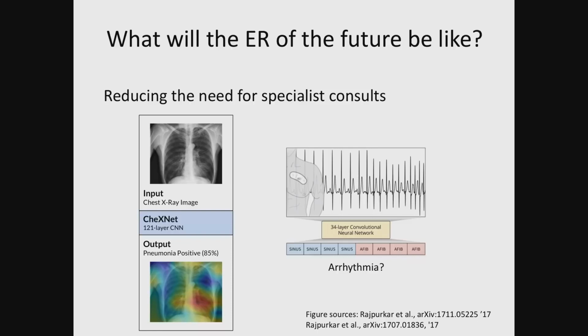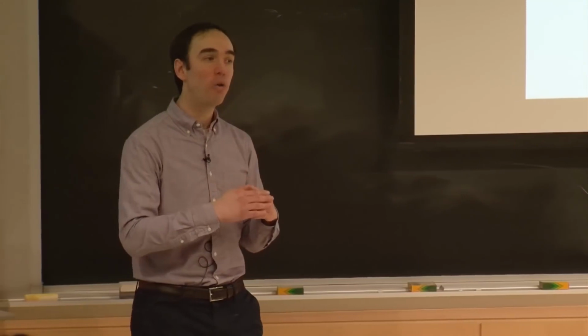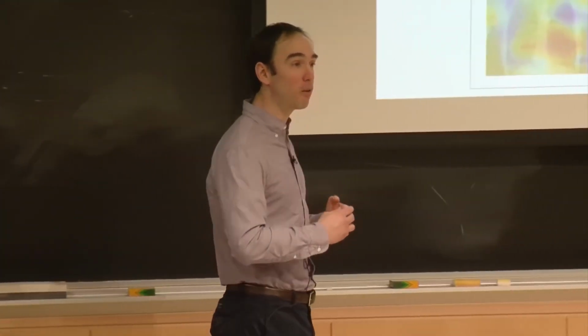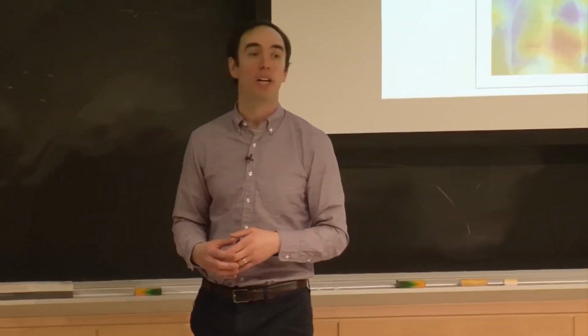So this is an area where data is quite standardized. In fact, MIT just released last week a data set of 300,000 chest X-rays with associated labels on them. And one could try to ask the question of, could we build machine learning algorithms using the convolutional neural network type techniques that we've seen play a big role in object recognition to try to understand what's going on with this patient? For example, in this case, the prediction is that the patient has pneumonia from this chest X-ray. And using those systems, it could help both reduce the load of radiology consults, and it could allow us to really translate these algorithms to settings which might be much more resource poor, for example, in developing nations.